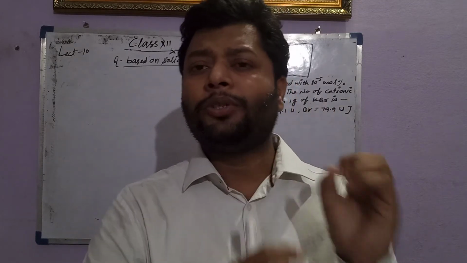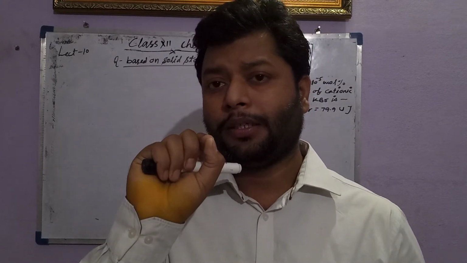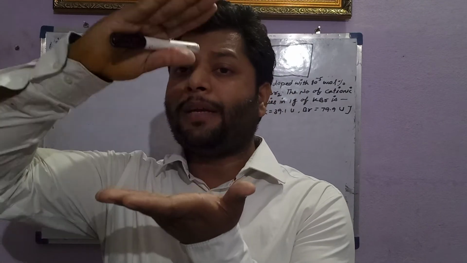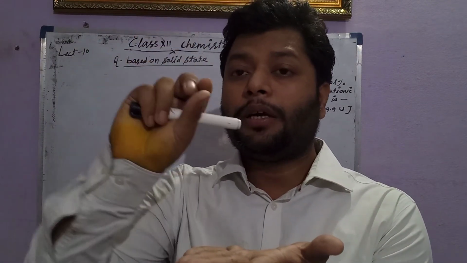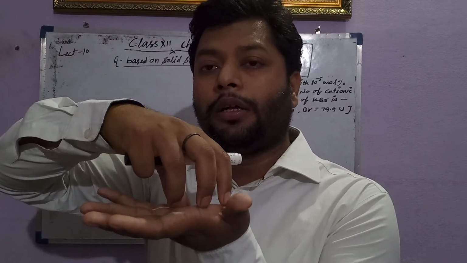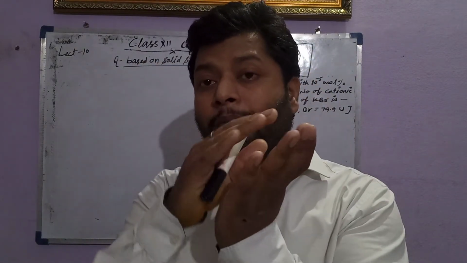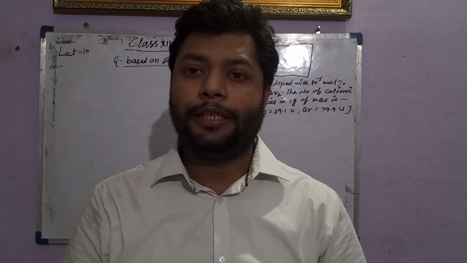Packing is one of the most important concepts of the chapter. Packing in one dimension and two dimensions is okay, but packing in three dimensions is very important. The packing of particles in a perpendicular alignment always gives us SCC. Packing of particles in a perpendicular alignment means one particle is placed, and exactly above it the second particle is placed, and in two dimensions the particle has a perpendicular alignment just below it. That is called perpendicular alignment. That gives you SCC, a simple cubic unit cell, with a coordination number you already know about.